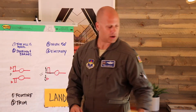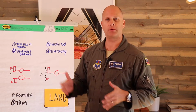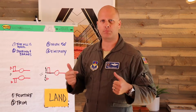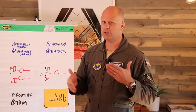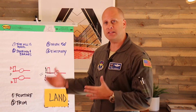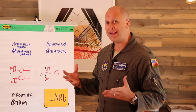The next thing I talk about, again, you guys know this, but it's not always so clear with students. In the sim, we talk about trim, and yeah, they do the trim a little bit, but alleviating that backstick pressure or forward stick pressure in the simulator just isn't quite 100% correct. So I speak to, here's when I trim, here's how I trim, and as part of my demo